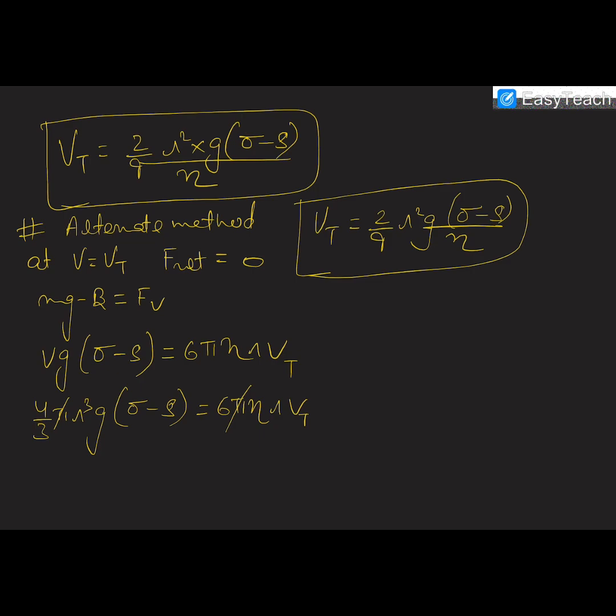And in the case of an air bubble, if an air bubble is inside a liquid or water, then obviously we know that the density of air is less than the density of water. So the terminal velocity will be negative, which means that this air bubble will rise in the upward direction instead of going down. So you must have seen that an air bubble generally rises from the bottom to the top of the vessel containing water. So this was it in this video, and this was the last video of viscosity,